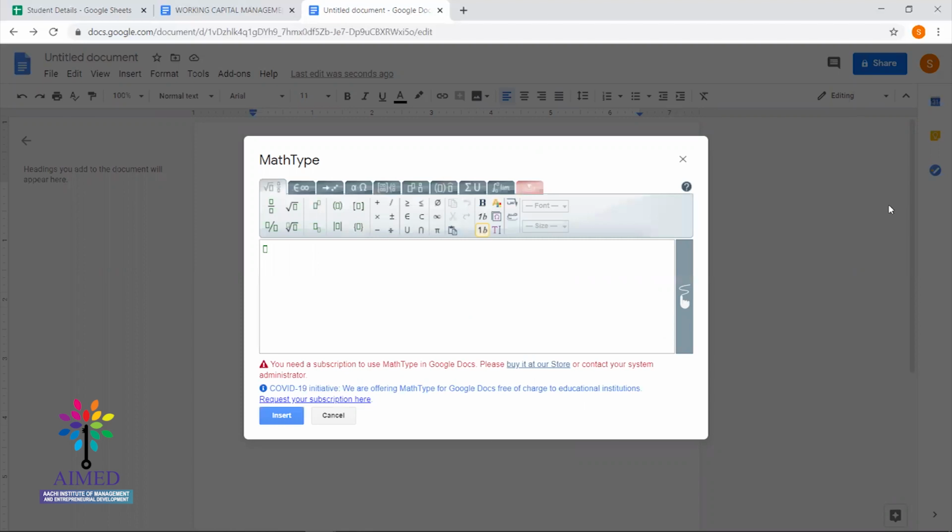Normally for all other add-ons you get the pop-up on the right hand side, but this one is different. In the tabs itself, you'll have all the symbols and contents related to mathematics. The first one is mainly related to roots. That was a really difficult symbol to add to our documents, but with the help of this add-on, it will be much easier to add those.